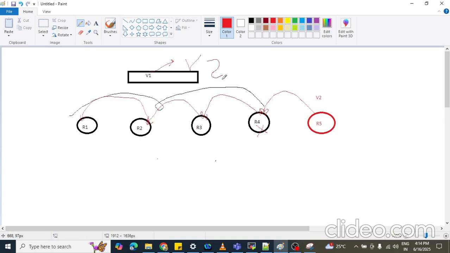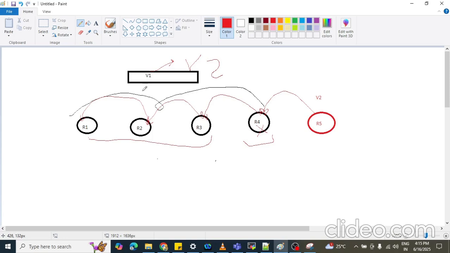This is called a rolling update. So when R5 replaces R4, three copies of version V1 will run, and this copy will run version 2. If these go well, then it will replace all the copies one by one. So this is called a rolling update.